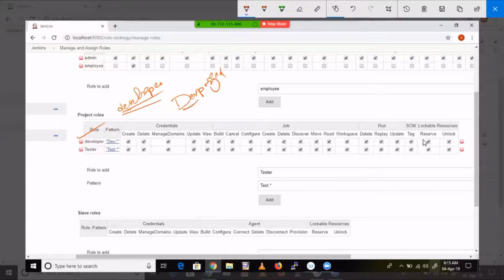For job names starting with dev, developers have full access. I'm going to add this role to testers. Job name starts with test, for example test project or anything starting with test. The testers will have full access, only to these jobs. Okay, so let me finish this one, then I'll explain once again.